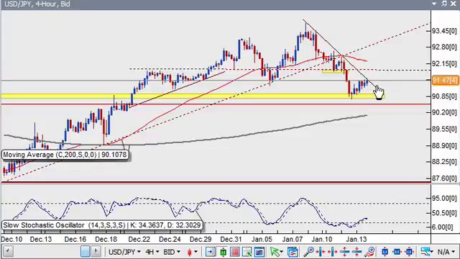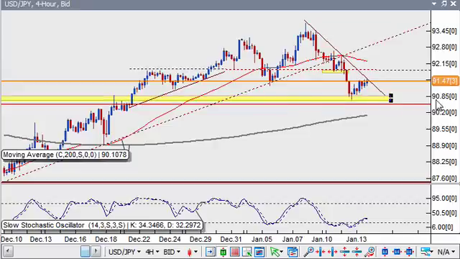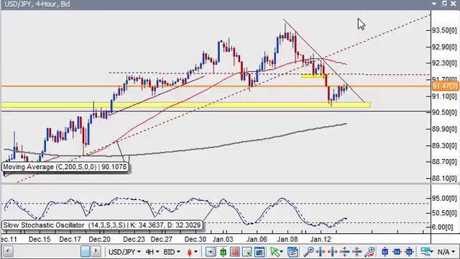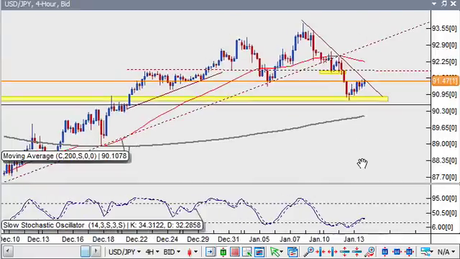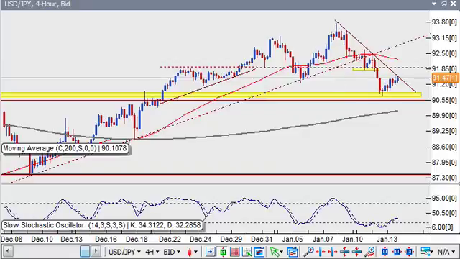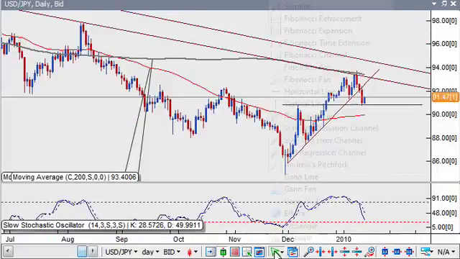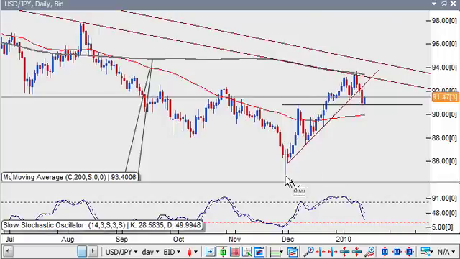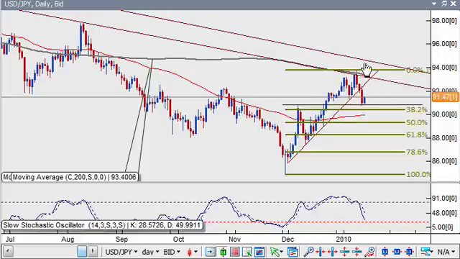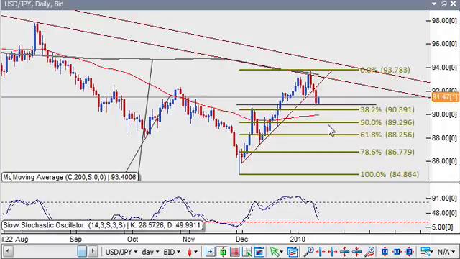Ahead of the Asian session, we have a test of really this trend line and possibly this support line here. So if the market breaks above, we may have another test of this area, the 93 area. But if it breaks below, then our bullish outlook needs to be adjusted. If it breaks below, we may have another retracement, a further retracement to one of these,